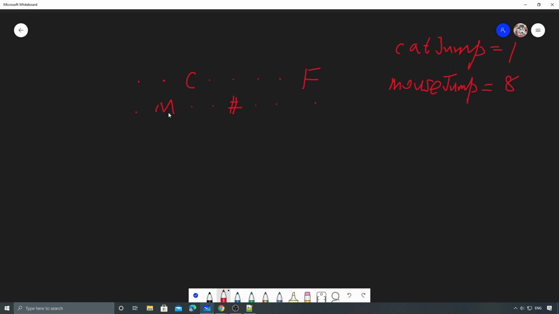So if the mouse moves, what's his option here? He cannot go up because if he goes up, the cat can just catch him. He can go left and right, but he can only go as far as here because there's a wall ahead of him. But if he goes here, the cat is basically waiting here. The cat doesn't need to move, and the mouse cannot go up because if he goes up, the cat will